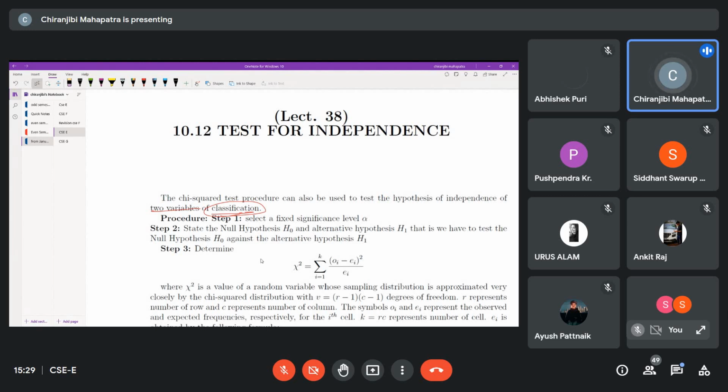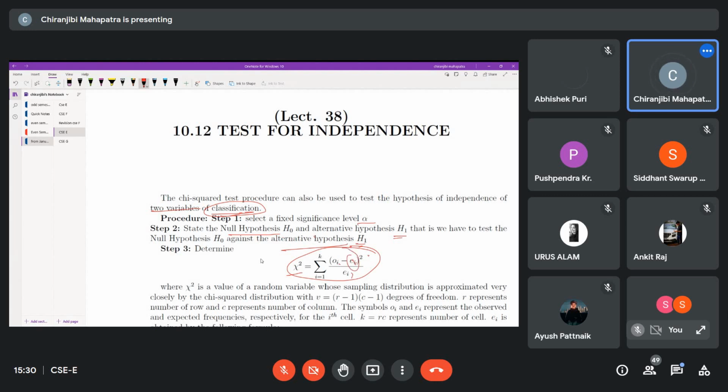Okay, first same, लेवल अल्फा चूज करेंगे, ठीक है. The null hypothesis H naught, alternate hypothesis H1. That is, we have to test the null hypothesis H naught against the alternate hypothesis H1. So chi square is equals to the sum of (Oi minus Ei) whole square divided by Ei. Okay, जो था chi square distribution. ठीक है, तो expected ऑब्जर्व्ड तो तुम्हारे पास है, बट द इम्पोर्टेंट थिंग इज टू फाइंड आउट द एक्सपेक्टेड